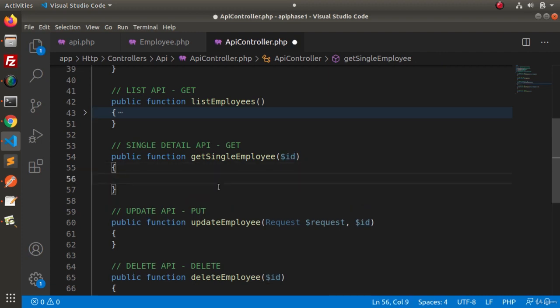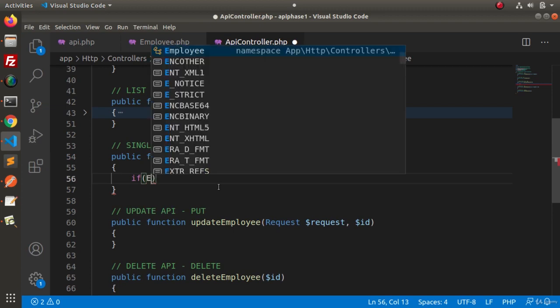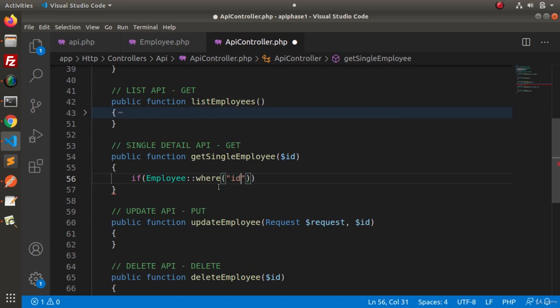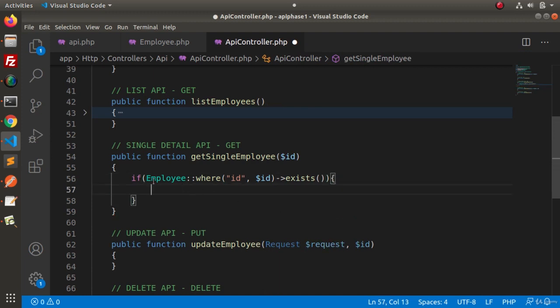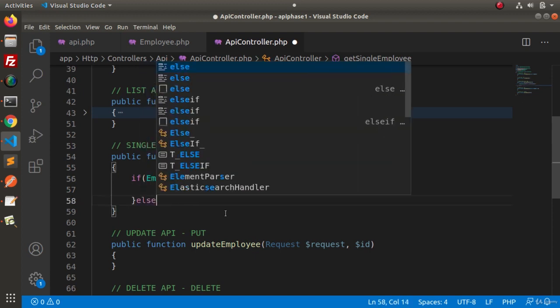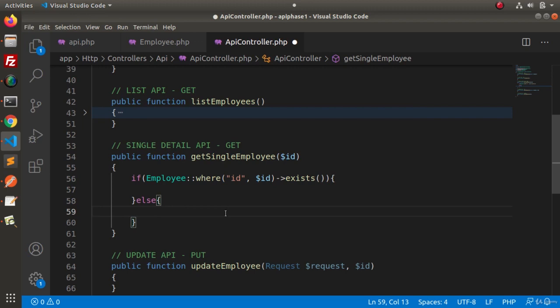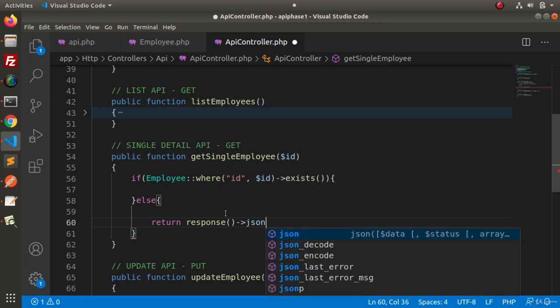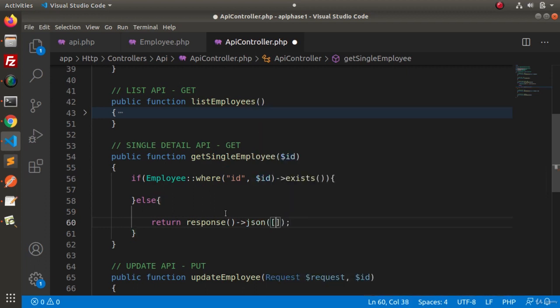So simply, let's use if employee model, we will put a where condition, we will check that the ID that we have passed is equal to the ID column of the table, and we will use the exists method. If the employee exists, then it will return a true value, otherwise it means a false value. So I will return, let's say response, we will use a JSON array, and inside that, let's say